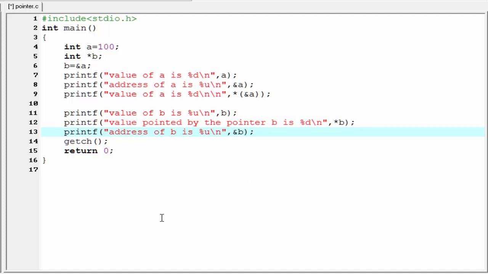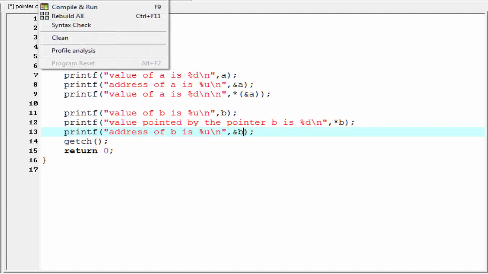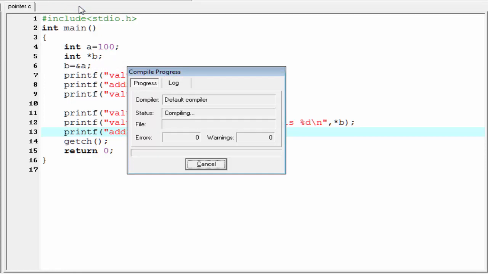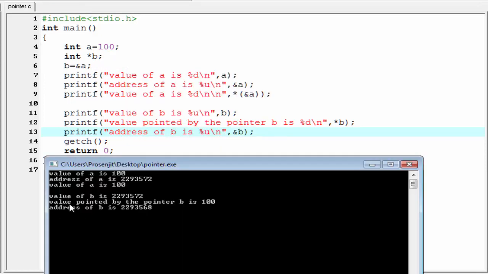Our program is completed. Let's check the output. Compile it and run it. As you can see here, first it prints value of a is 100 because here we assigned a equal to 100. Next it prints address of a is 2293572. This is the address where the value 100 is stored and the name of the location is a.